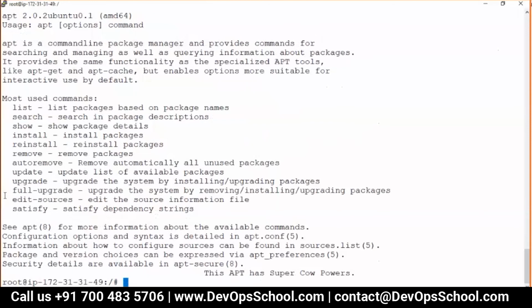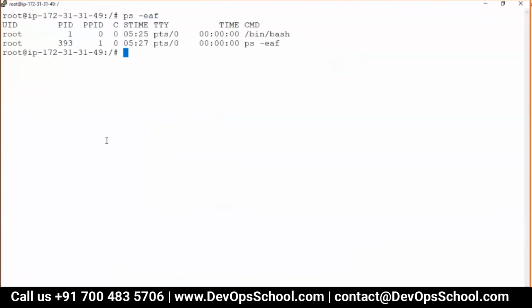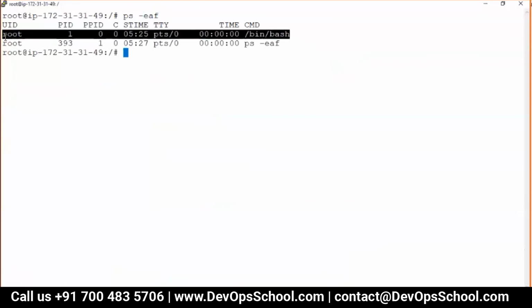Now, if I do Ctrl+P+Q, the question is, what is Ctrl+P+Q? Guys, I don't want to write the exit command. Why? Because if I write the exit command, what will happen? You know that reason, correct? PID 1 will shut down. Yeah, and you know the rule also. So I cannot do the exit, but I have to come out of it.